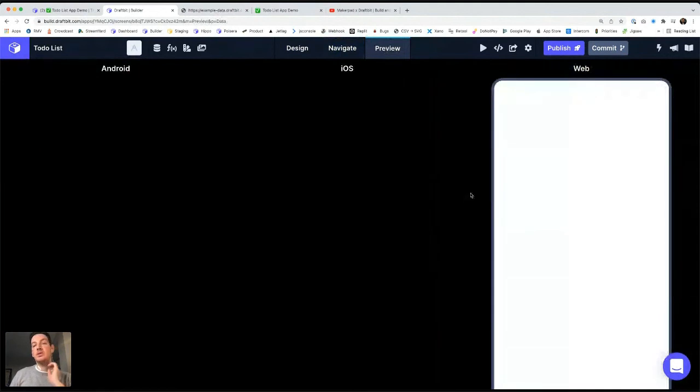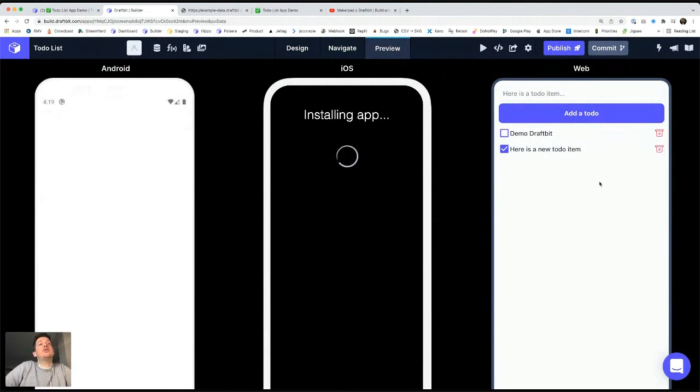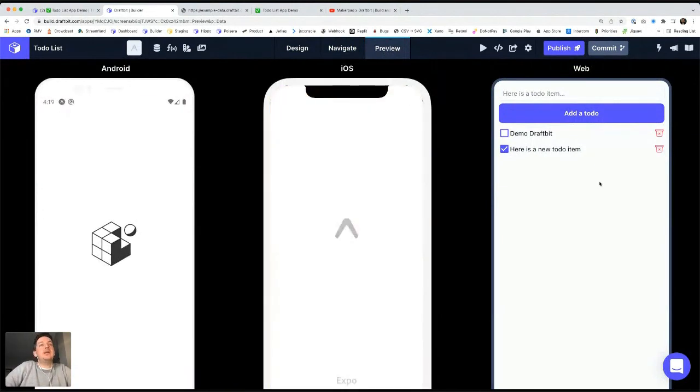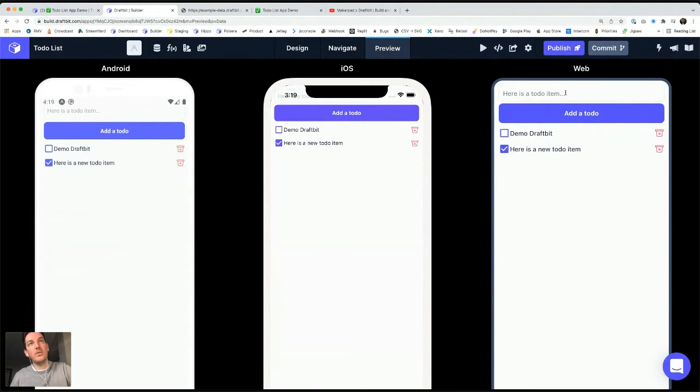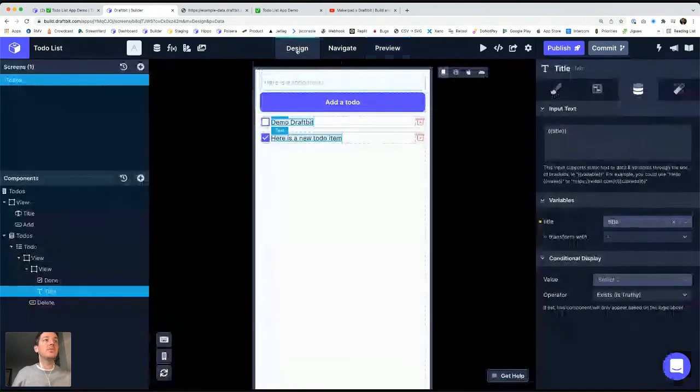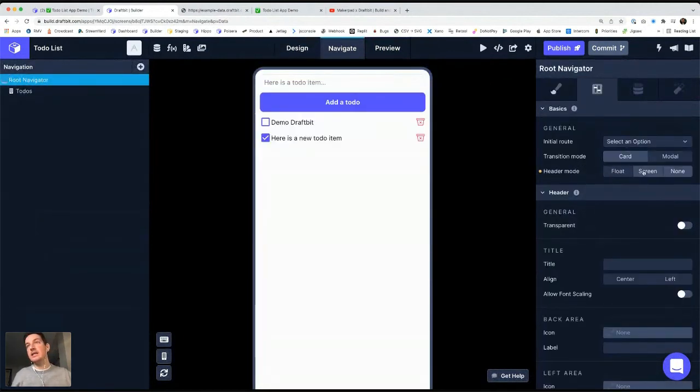Preview is going to show you what it looks like not only on the web, but also on iOS and Android. So if you give it a minute, it's going to show a little preview, which is super useful because you start to see differences between apps. The first obvious thing we're noticing that you did not notice in web is, ooh, what about the notch? What about the top of my screen with all those numbers and things? That's great. You want to realize that because you want to go back to your design and to your options and say,